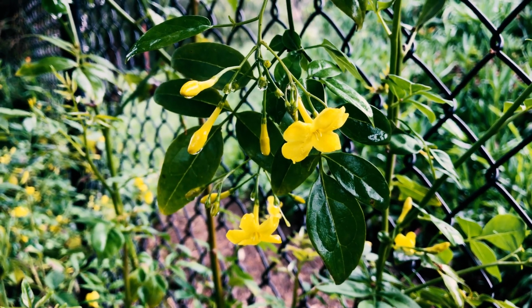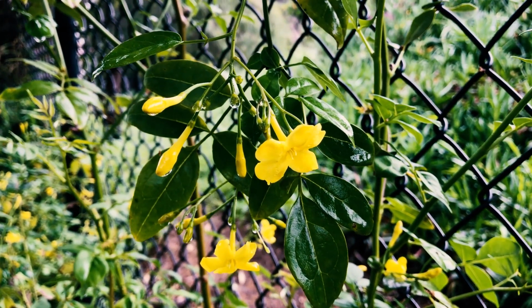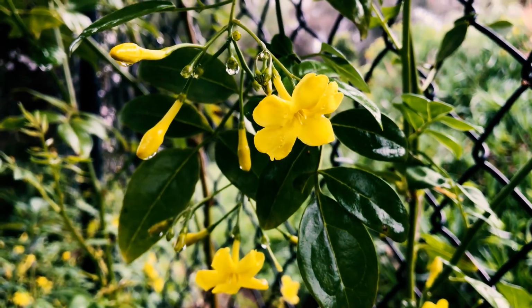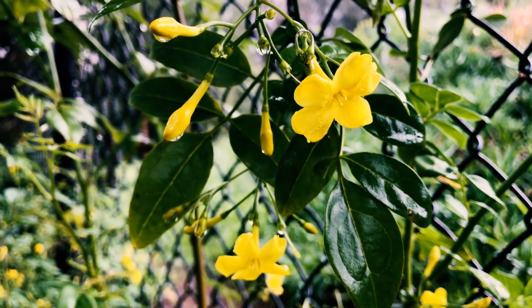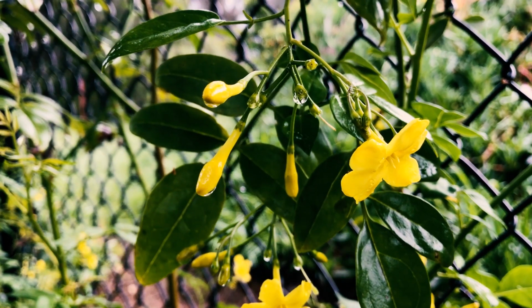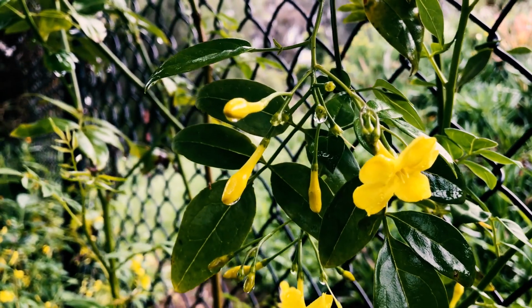Now it's a variety of yellow jasmine, as you can see, and its proper name is Jasminum humile 'Revolutum', and it's native to the Himalayas, Afghanistan, Pakistan, China, Nepal, and more. Now it was cultivated in parts of Europe, I think Greece, Italy, and so that's where it gets its name,